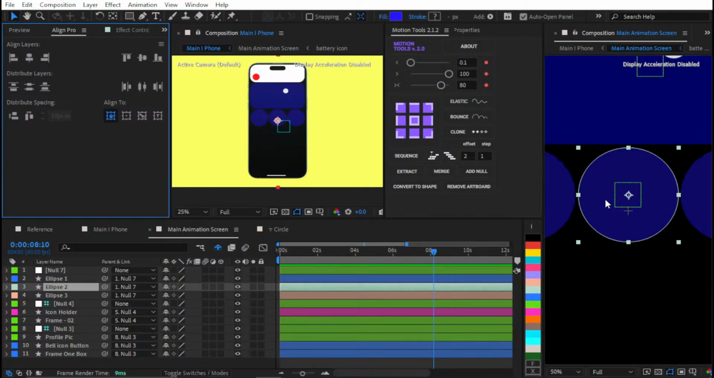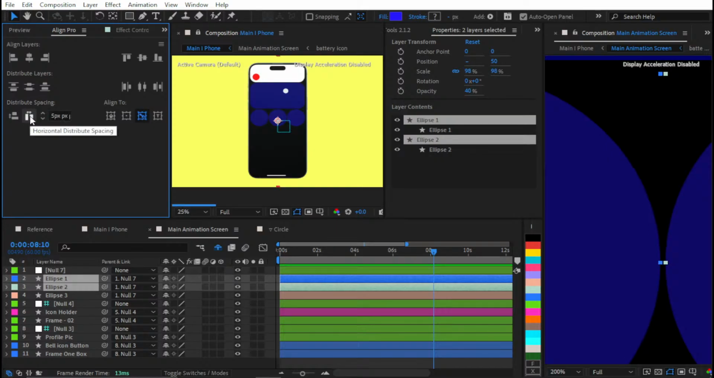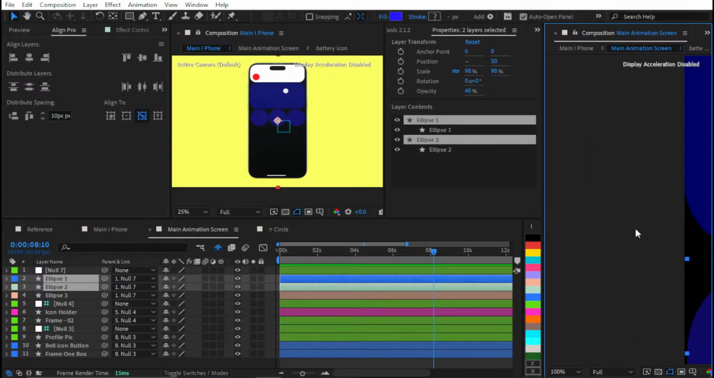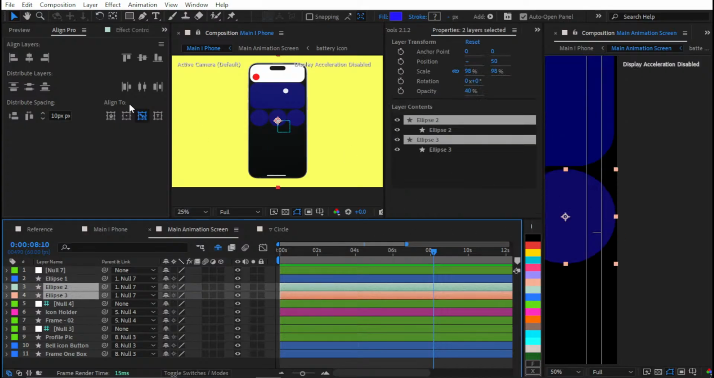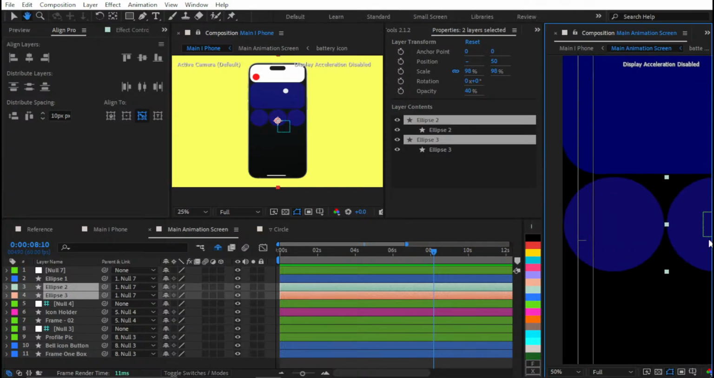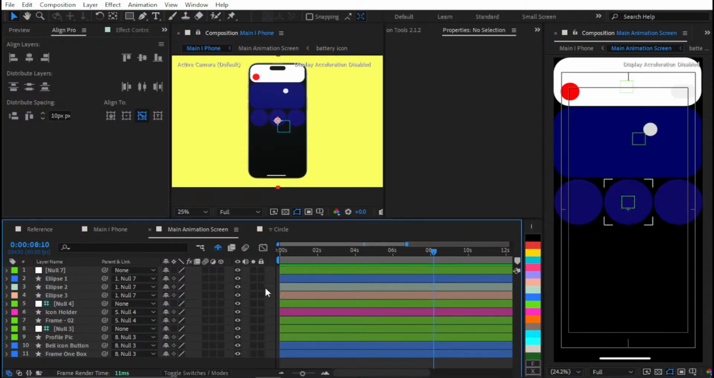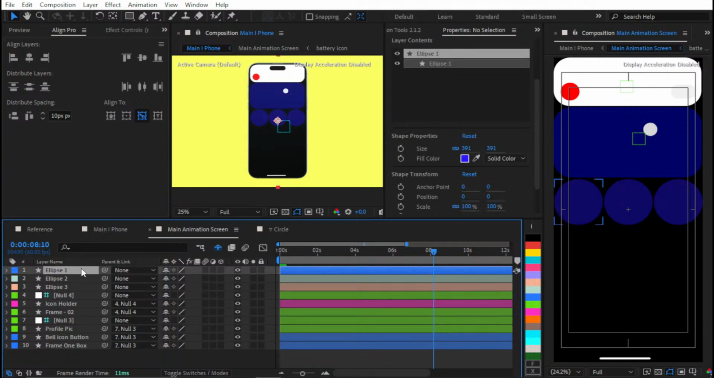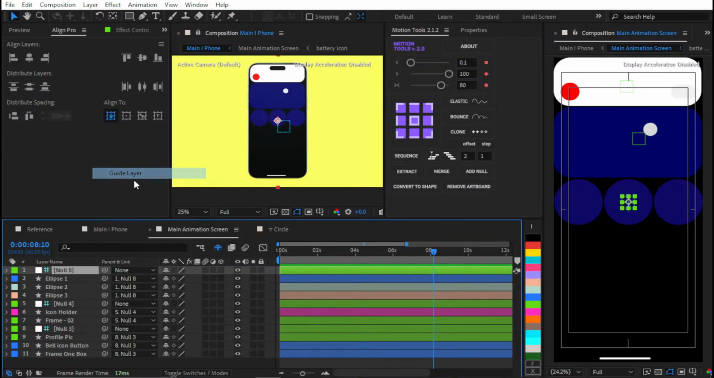Let's select the ellipse 2, align that to center, select ellipse 1, and let's distribute it by 5 pixels. We can use 10 pixel gap. Now let's uncheck and select the third one and distribute. So we have same gap on both sides. Okay, now let's unselect this, delete this master null, select this 3, create a null, right click, guide layer,